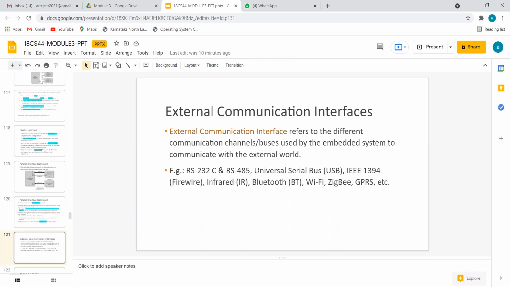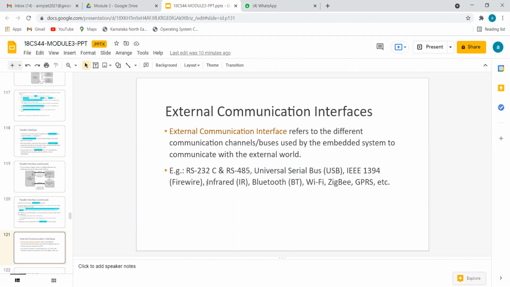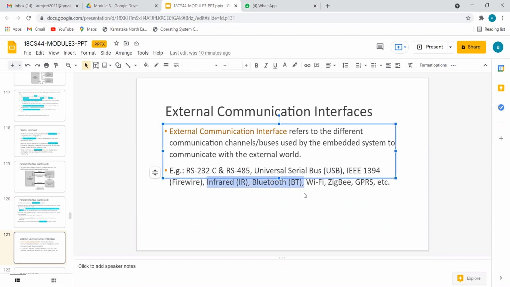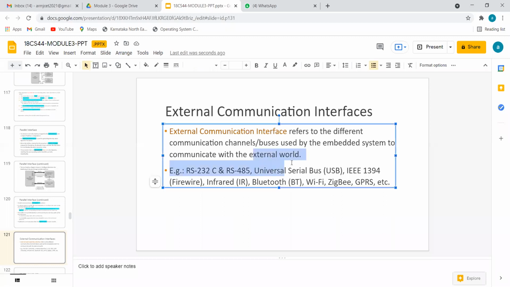Some of the words you have already seen. USB you have seen, infrared you have already used, Bluetooth you have used, Wi-Fi you are familiar with. Whichever are non-familiar, let's consider those also. So now let's start external communication interface. First thing is here, external world